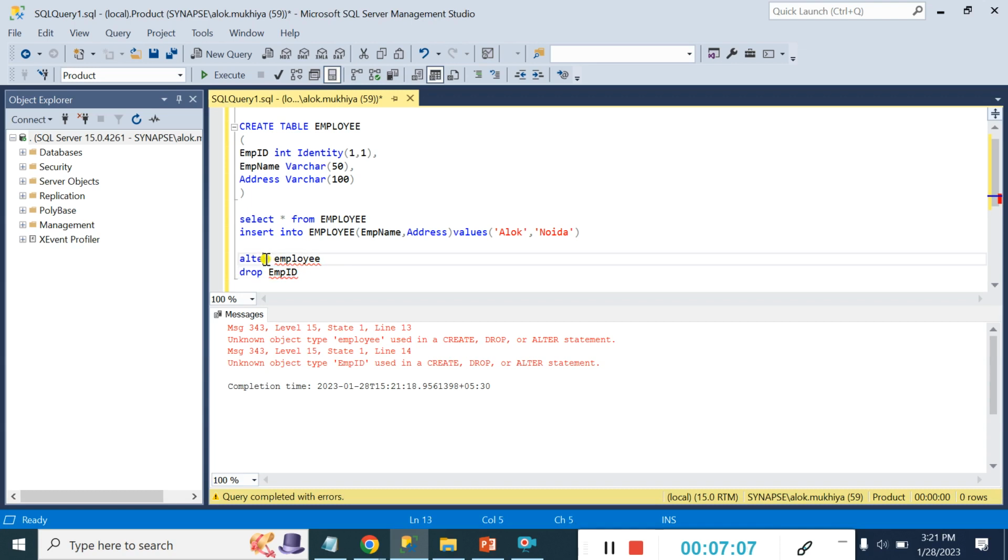So I need to put some different record. Alter table, table name employee, drop employee ID. Here you can see that because employee ID is not a constraint, we could not drop it, and we got the error. We don't drop the employee ID because it's not a constraint. We got the error, but we can